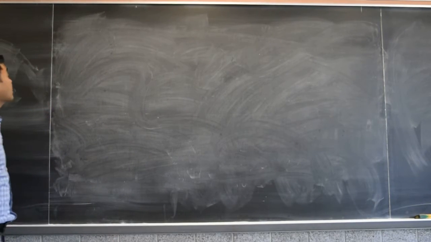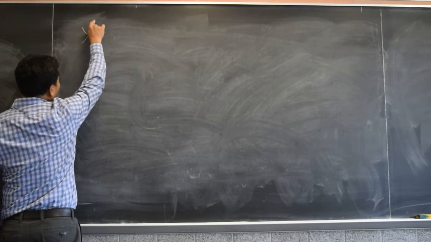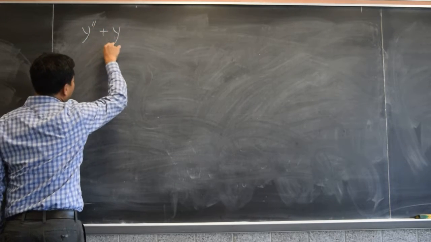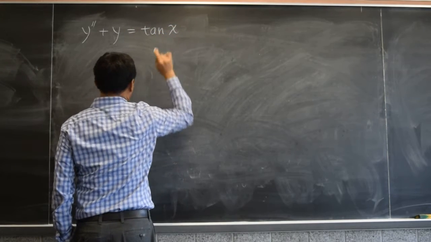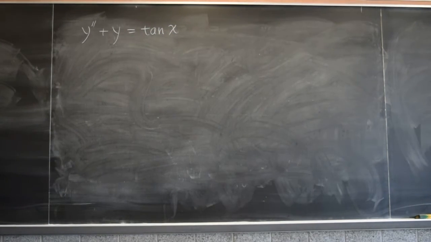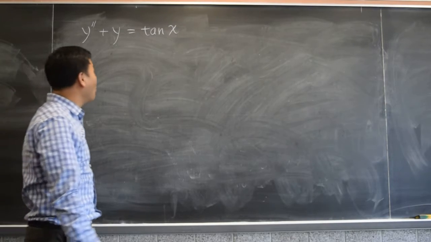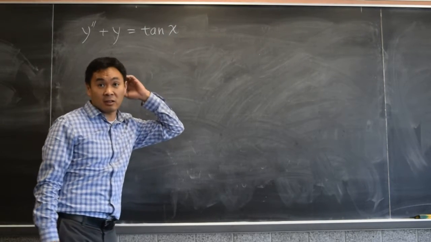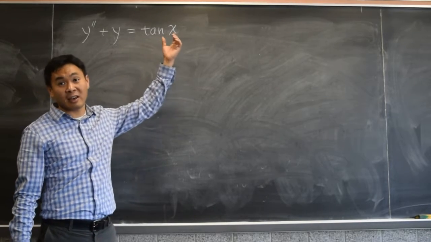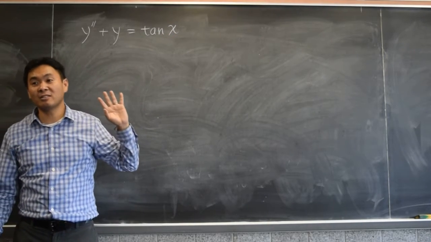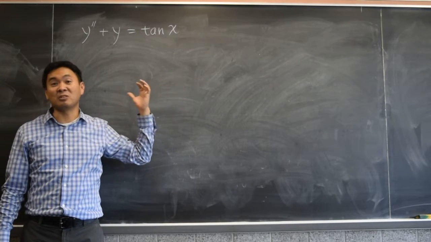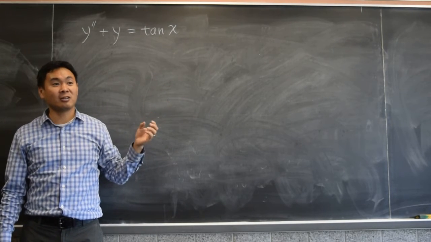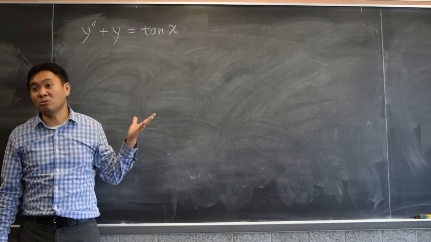Now, the method of undetermined coefficients is not always possible. See, because the method of undetermined coefficients needs to include all the derivatives of the right side, if the right side has a derivative which doesn't end, if it just produces endless linearly independent functions, then you can't use the method